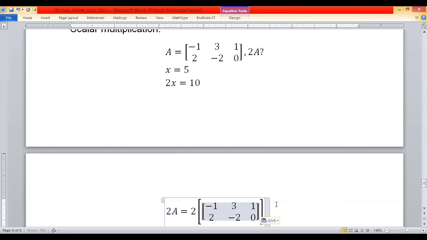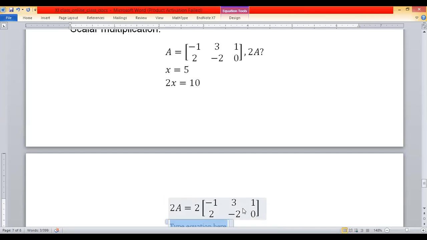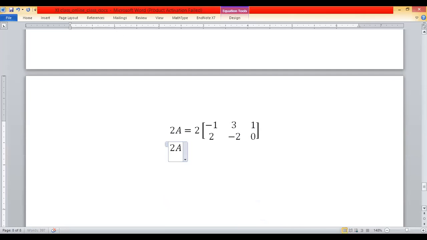So what you get is actually you have to multiply 2 with all entries of A matrix. So it will turn into -2, 4, and 6, and -4. You have to write here 2, and 2 times 0 is actually 0. उम्मीद है आपको ये स्केलर मल्टीप्लिकेशन समझ में आ गई होगी.